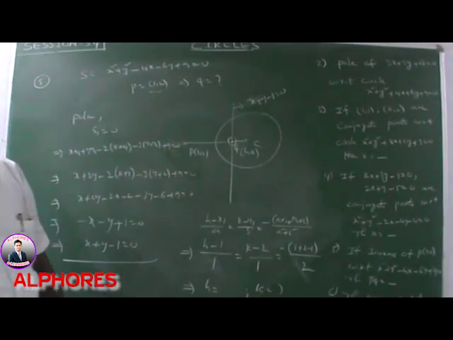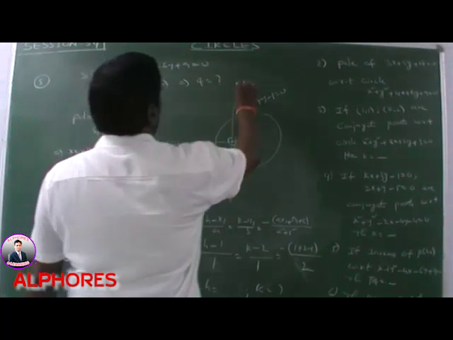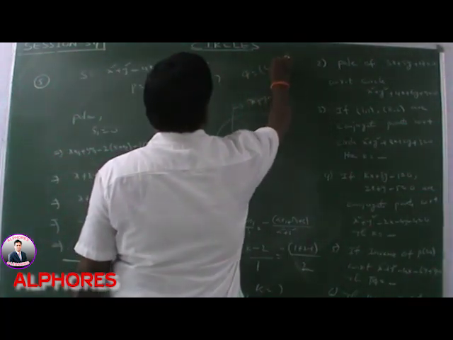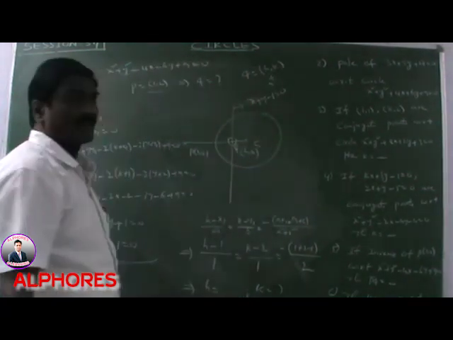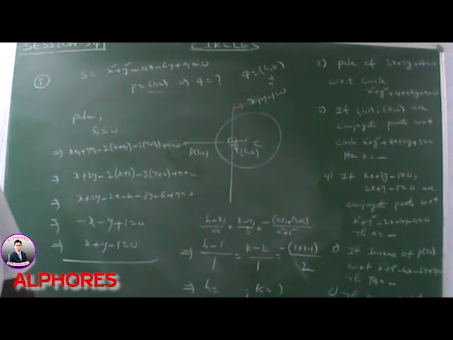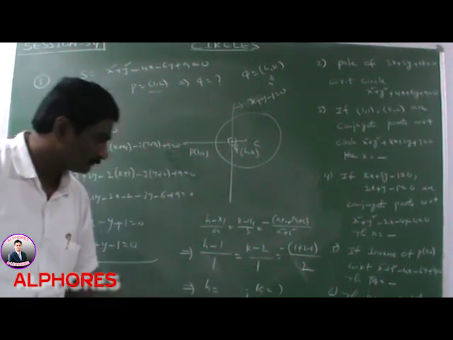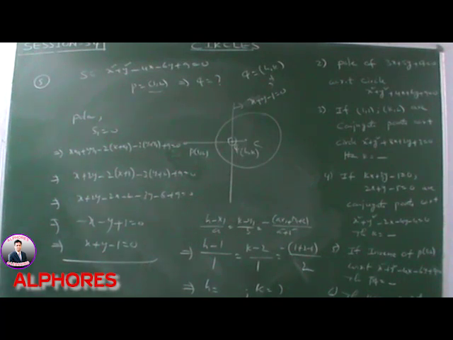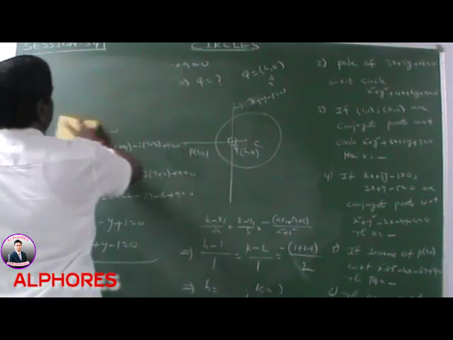It is the inverse point of P. Q is equal to (h, k). Find this value. Now the required value is PQ. Distance between P and Q is nothing but under root of (x2 minus x1) whole square plus (y2 minus y1) whole square. Simplify this value and find (h, k). After getting Q, we find the distance between the 2 points PQ. Okay. Next, sixth one.